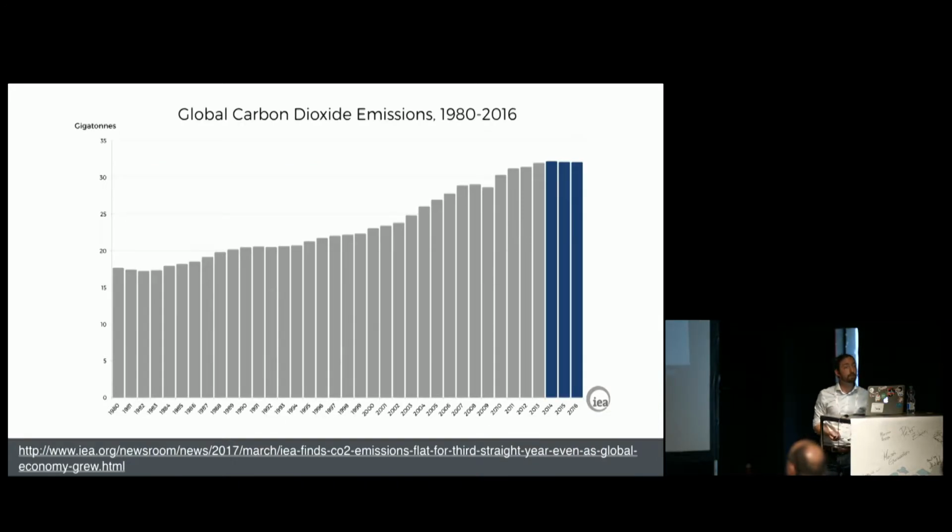Getting an agreement like this in Paris is quite impressive, but what's even more amazing is that people are actually following through with this agreement and changing how their economies work now. So according to the International Energy Agency, 2017 was the third year where global emissions didn't increase, but the global economy grew. So we're seeing a decoupling of economic growth from emissions. We can now point to this happening in America and in China, the two largest emitters, as they move away from coal while their economies still grow. So this is a good thing.